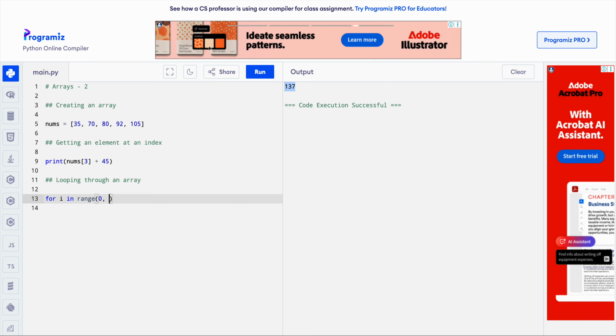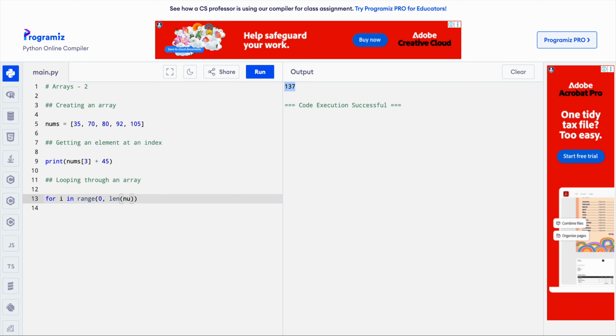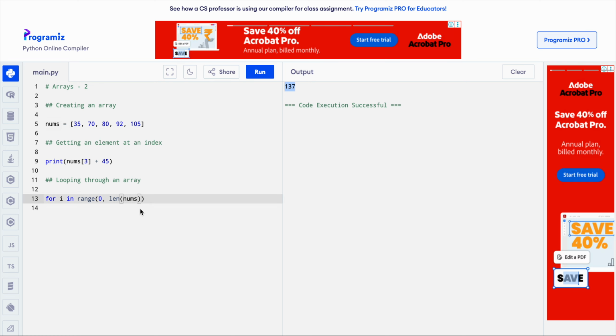We start from 0 because we know that an index starts from 0, and we go up till the length of nums. Actually, we go just before the length of nums, because since it starts from 0, the last element's index is going to be length of nums minus 1. For example here, the last element has an index of 4, and the length of nums is 5. So we go till before length of nums,